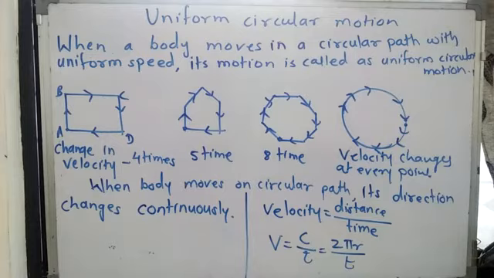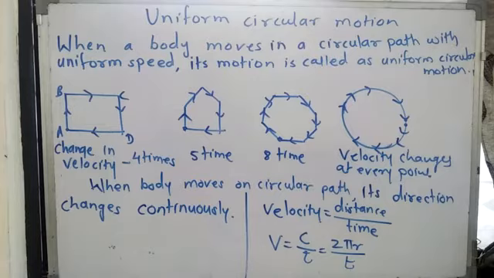Now see, here we have to study uniform circular motion. So in uniform circular motion, object is moving with constant speed. Uniform है ना, उसका speed constant है, speed नहीं change हो रहा है. But object is moving in a circular way with a constant speed, still its velocity is changing. How? Because here direction is changing. Velocity can be changed either by changing speed or by changing direction or by changing both.